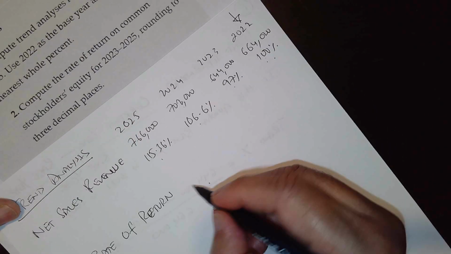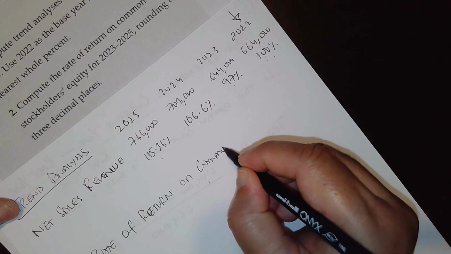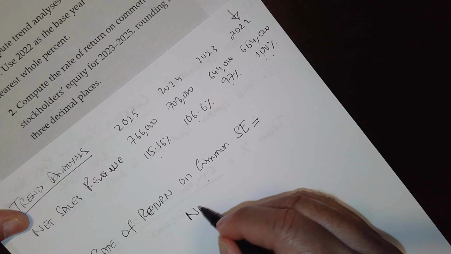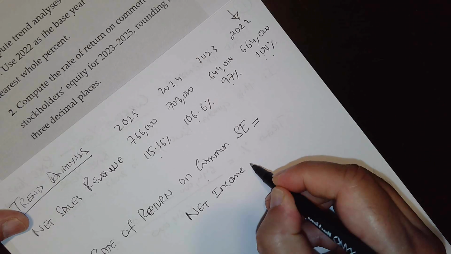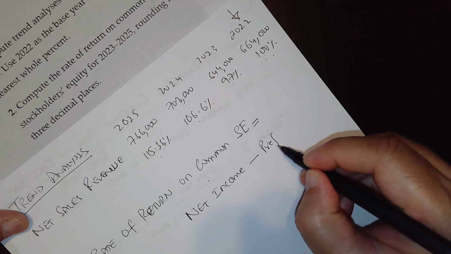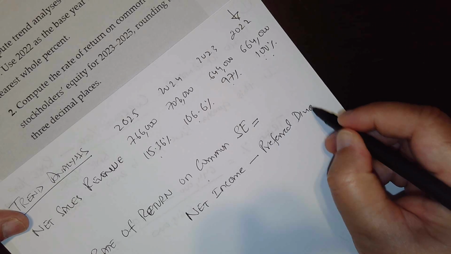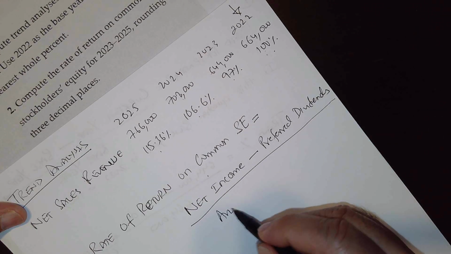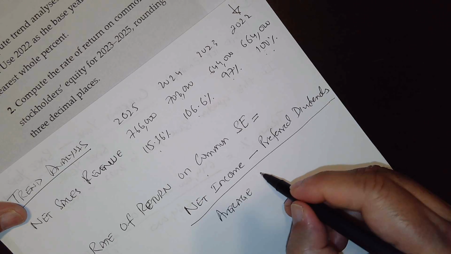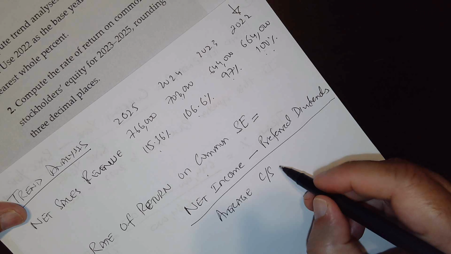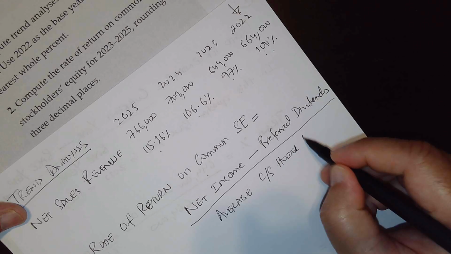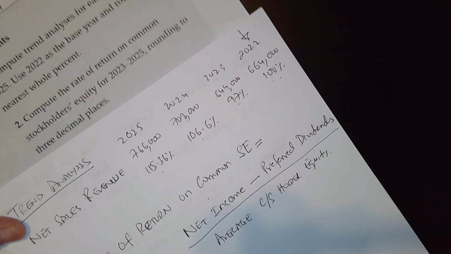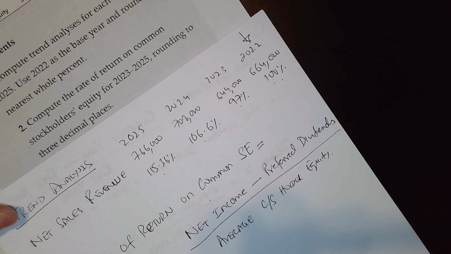on common stockholder equity. The formula is net income minus preferred dividend divided by average common stockholders' equity. All right, so in this case, for 2022 to 2023,